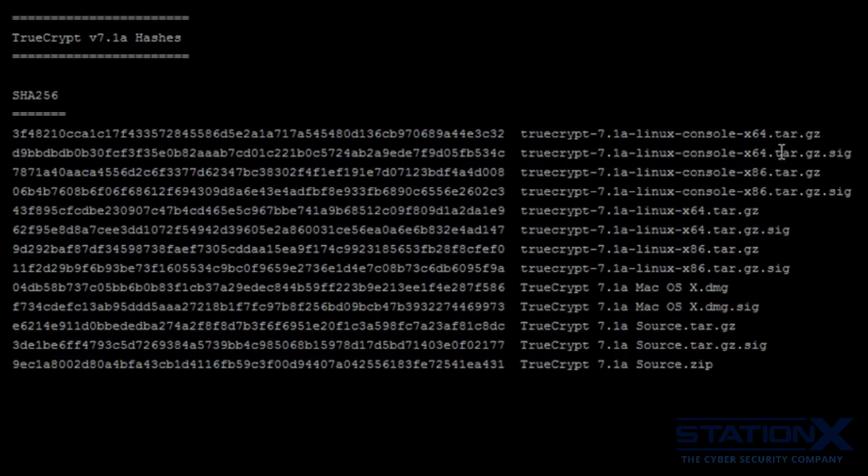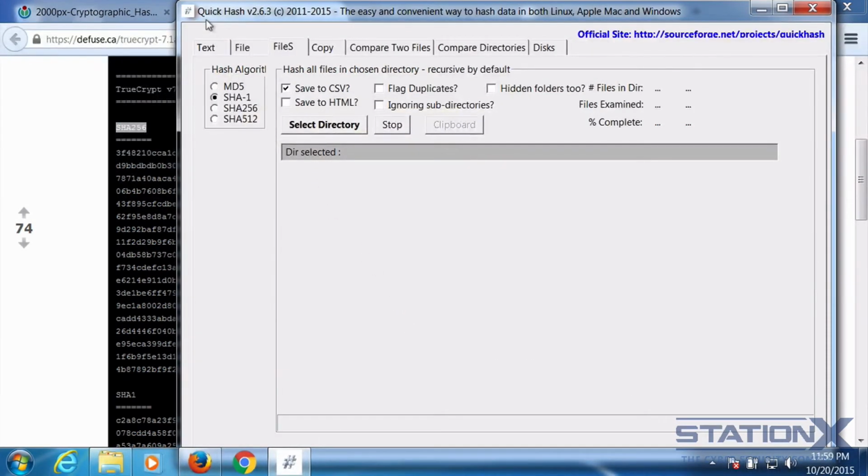Okay, so here we have TrueCrypt, which is a whole disk encryption technology if you're not familiar. And this is the file that you would download. Now, this here is the resulting hash of hashing this file against this algorithm, SHA-256. So when you download this file, you can verify that the file has not been changed, i.e. it has integrity, using this. Now there are tools that you can download to do this. One such tool here is QuickHash. And what I can do is I can choose a file